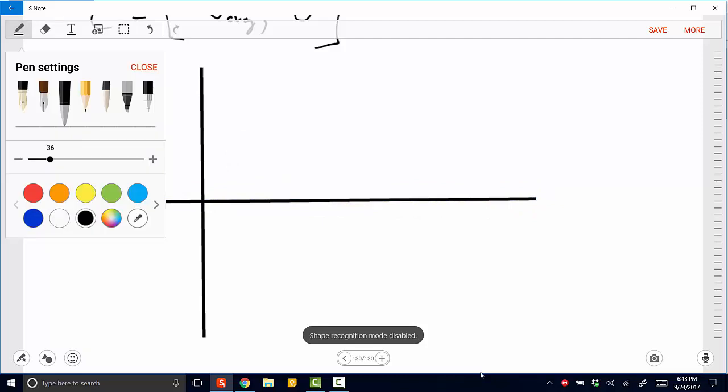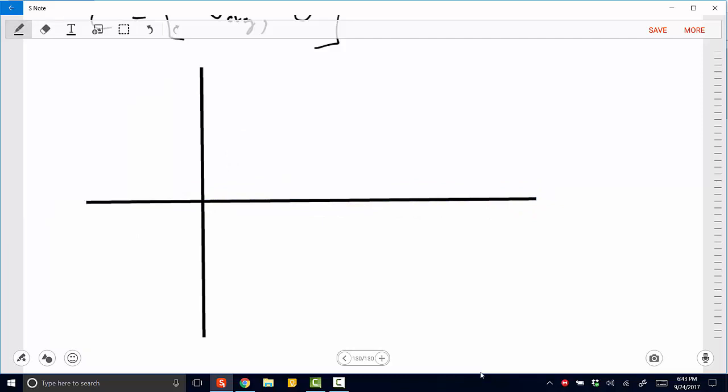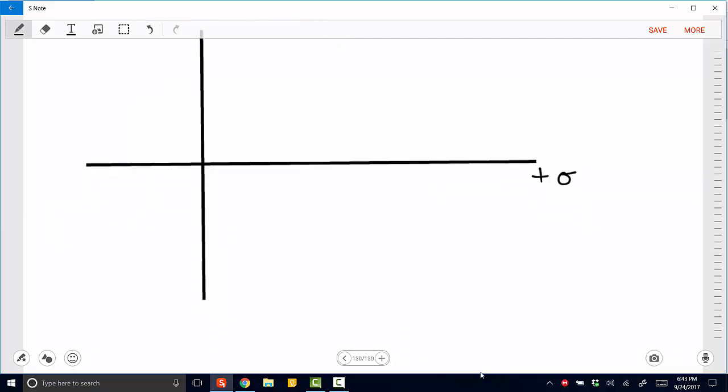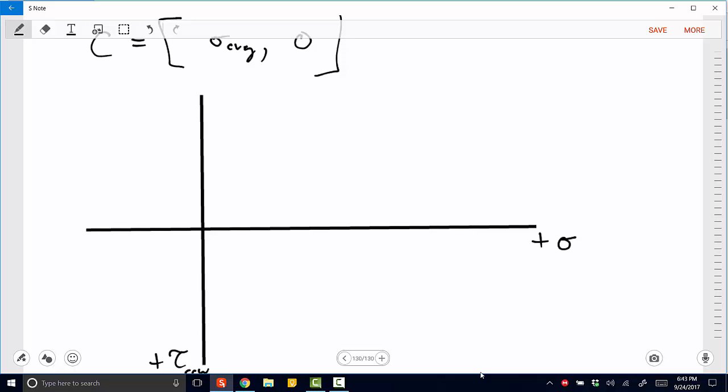And let's remind ourselves that the x-axis is positive normal stress, and that below the y-axis is positive shear stress, meaning counterclockwise, right? And above here is what we consider clockwise, right? Now, once we've done that,